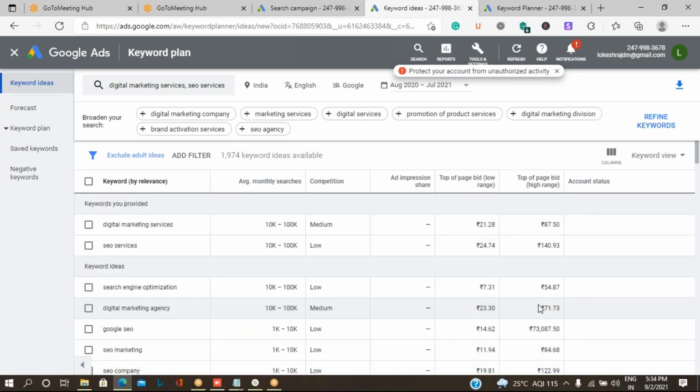People are going to search with this kind also, so you can make use of these words when you are writing content. You can also see the bidding values: the maximum value you are supposed to spend and the minimum value you are going to spend. All these details are available.